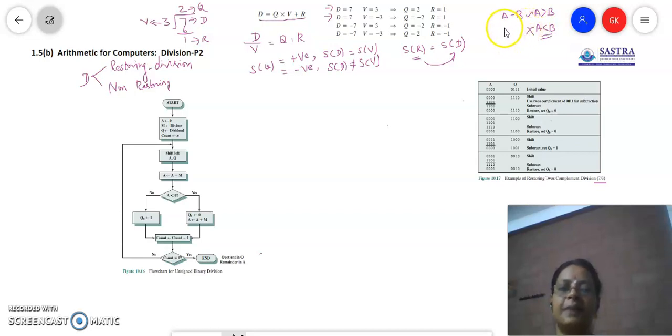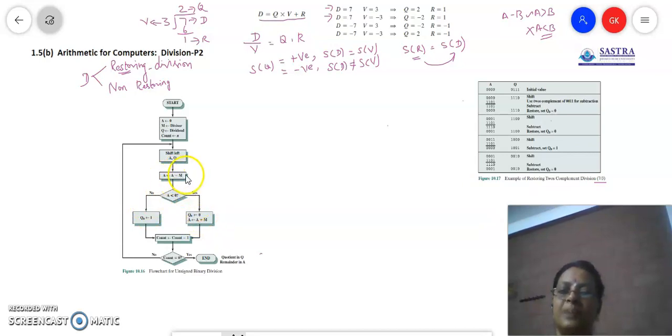Once it is decided that the subtraction is not to be done, we have to cancel the subtraction. How can we cancel the subtraction? By adding the same number. That process of adding the same number and restoring back to the previous dividend is called the restoring division method. So in the restoring division method, we always subtract the divisor, and once the subtracted result is negative, we are going to restore. How are we going to restore? It is going to be done by addition.